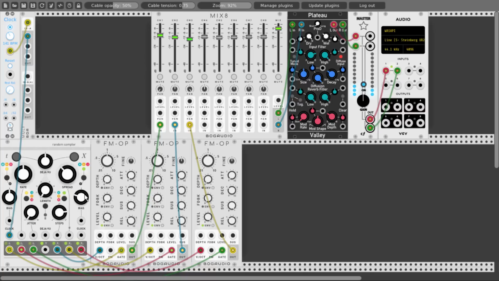And what we can also do is to modulate the bias of the T section with the Y output. So if I turn this to the left again, we will get more interesting rhythms. So let's modulate this with the Y output here. And let's turn it a bit to the left because it's just positive voltage. It will go from this point onward. So let's turn it a bit to the left and this will modulate the bias function.